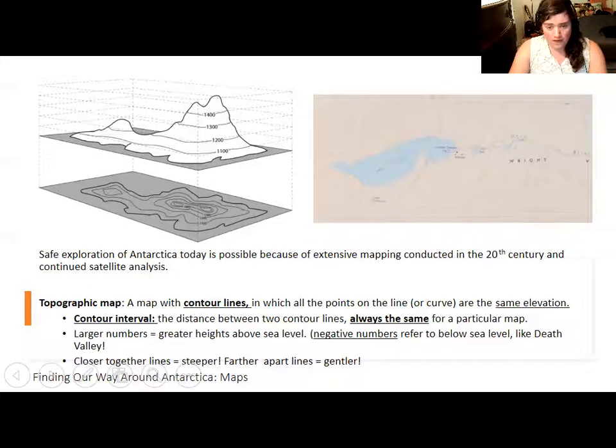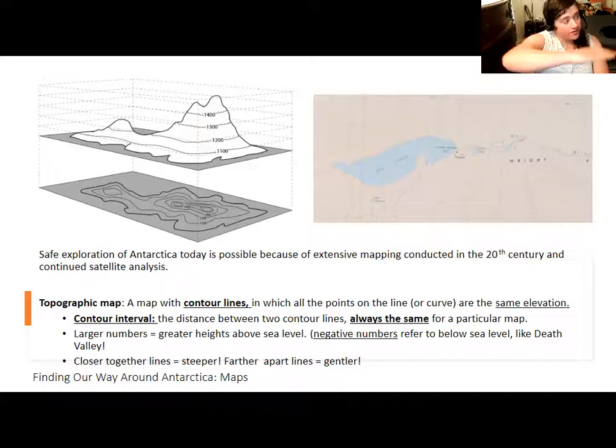What that does is help us illustrate just how much horizontal ground one has to go over to climb a certain distance vertically, like to climb a mountain. If the contour lines on a map are spread out, like at the edge of this mountain, at the foothills, then that means it's a gentle slope. You have to cover quite a bit of horizontal distance to go up the amount of elevation specified by the contour interval.